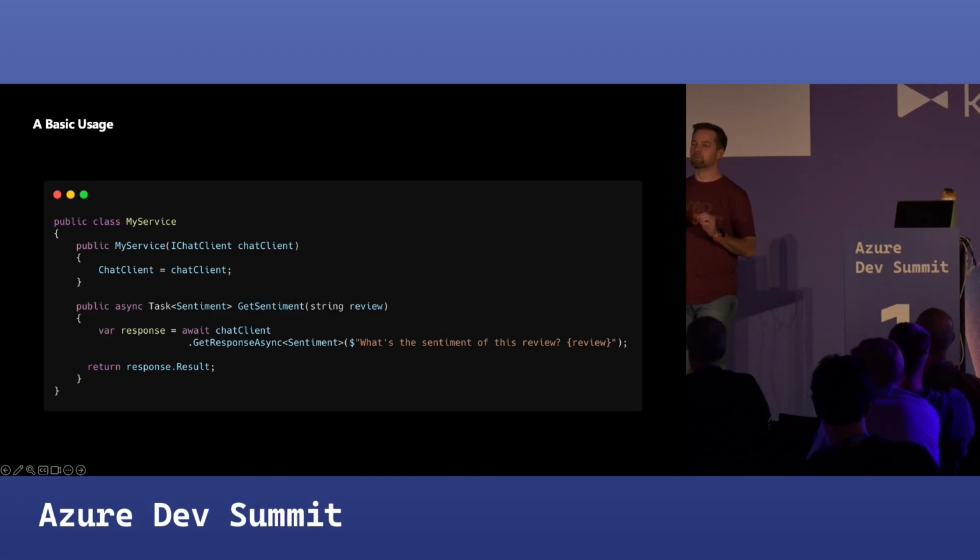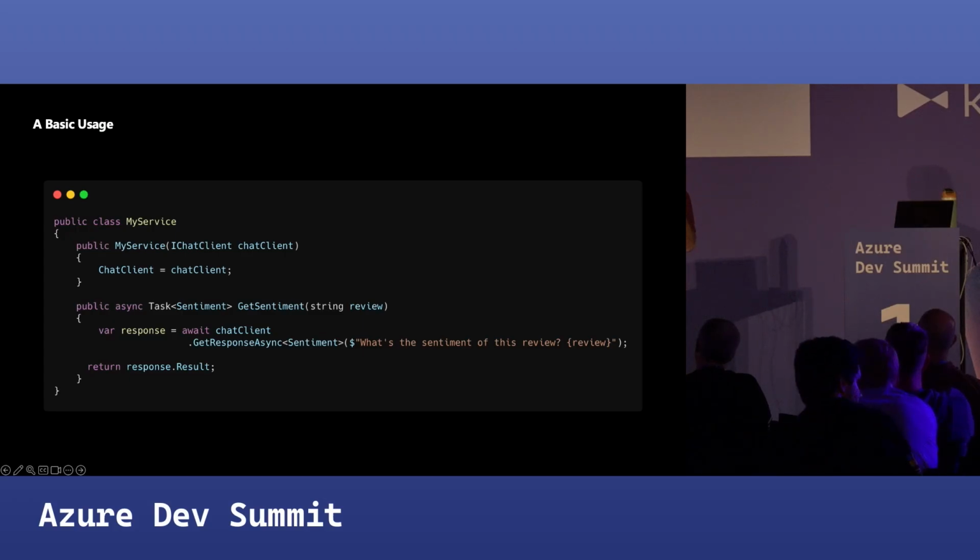Something I really like about this, and they were one of the first client libraries I saw that were providing this, and I think others have since adopted it, is the ability to pass in the type that I expect as a response. So before that was available, what you would do as part of your response at the end, you would say, and give me the response in this JSON format. And you would script out a sample of what that needed to look like. And then when the call would happen, you would just hope and pray that the AI believed you. But we all know AIs hallucinate. Anybody else in the room hallucinate? No, never mind. You don't have to answer that question.